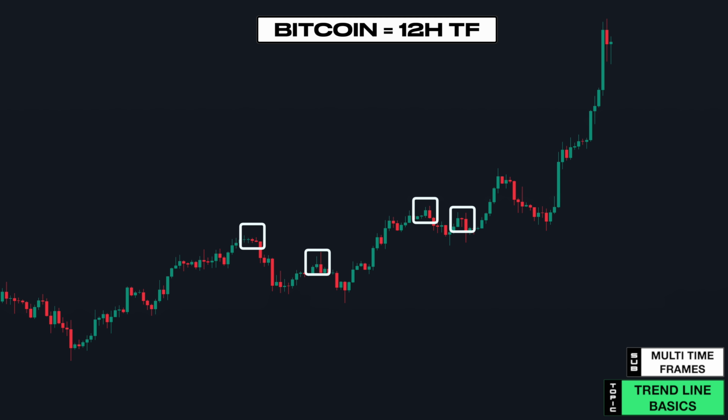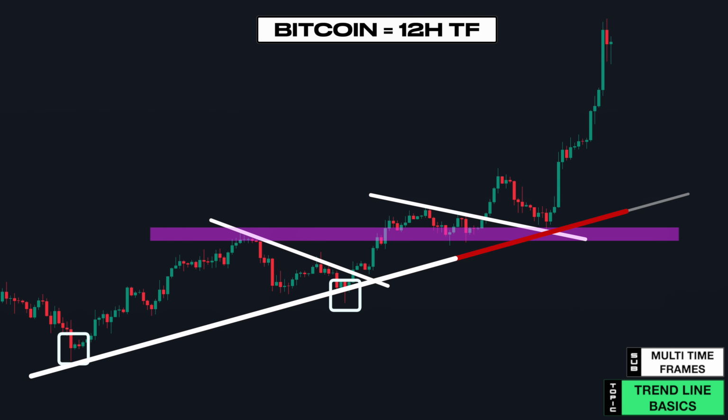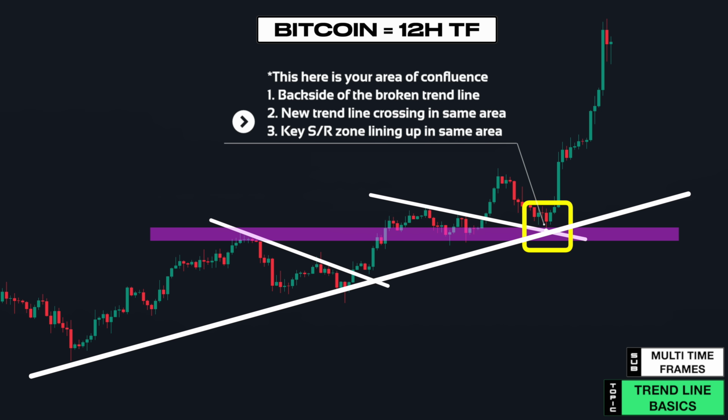These reversal points gave you your previous trend lines, and once they broke, showed the next move upwards. These reversal points here give you a key SR zone. These two reversal points give you your trend line. This here is your area of confluence because you have the backside of the broken trend line, you have your trend line crossing in the same area, and you have the key SR zone also lining up